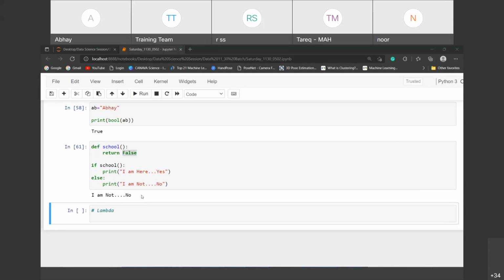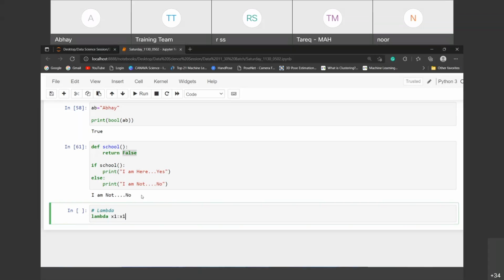I will tell you how we can define it. To define the lambda, use one keyword, lambda. This is easy, right? This is the lambda function. Now check how many variables you want. I want only one variable, suppose x1. And we have to pass that variable's value. So colon is compulsory.